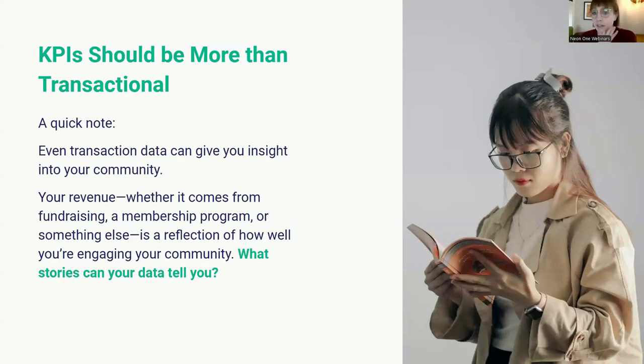I want to emphasize that even the most transactional, revenue-oriented KPIs give you insight into the people who support you and the people who love you and your work. Those transactions will tell you a story, and you can use that story to be more effective in your day-to-day work. You can make more effective emails, you can engage people more effectively, you can look at event performance and plan cooler events. I hope this is helpful to you. You're not just tracking revenue numbers in a spreadsheet. You're using this data to paint a picture of your community and build a plan to engage them.